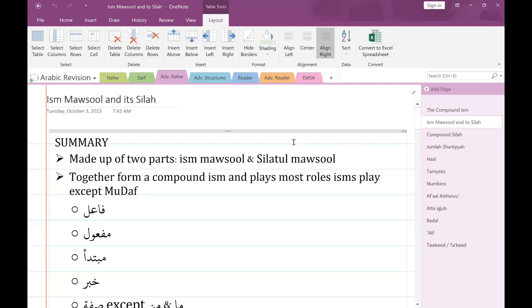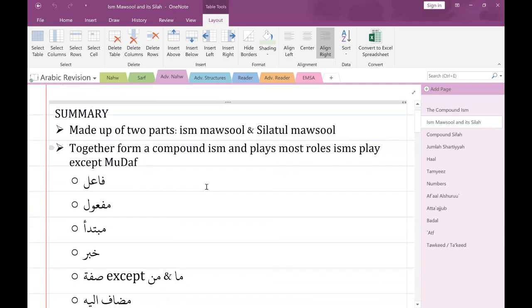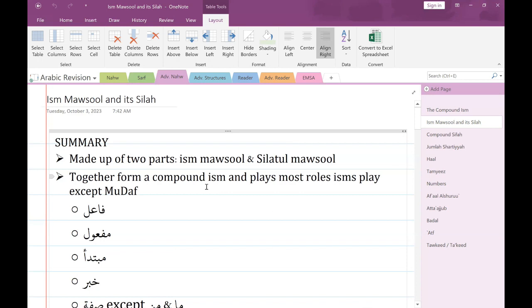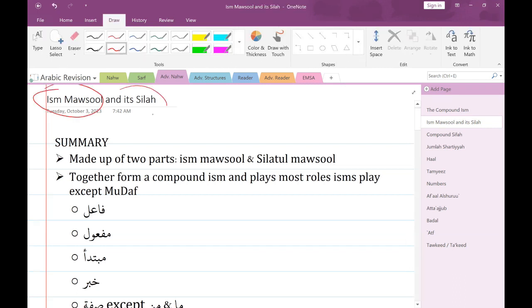All right, great. So today, inshallah, we're starting Ism Mawsool and its Silah. Okay, so we're going to do a simple summary, and then we'll look at some exercises and see if we can understand a few things. So what is an Ism Mawsool and its Silah? Basically, Ism Mawsool and its Silah is made up of two parts, just like it says. So you have the Ism Mawsool and you have the Silatul Mawsool, and together they form a compound ism,